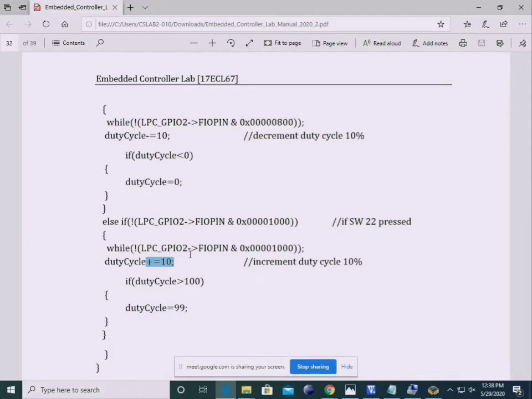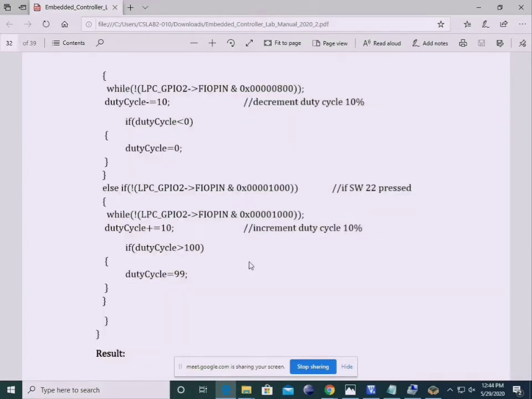Press the switch one more time, it will increase the duty cycle and the speed of the motor. Once it reaches 100% duty cycle, the motor will be at maximum speed. If the duty cycle value is greater than 100, we'll set the value to 99 itself. So we'll go up to a duty cycle of 99. Thus, by using this program, we can control the speed of the DC motor.